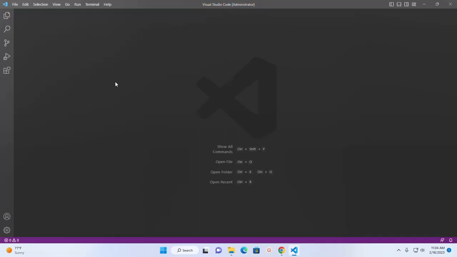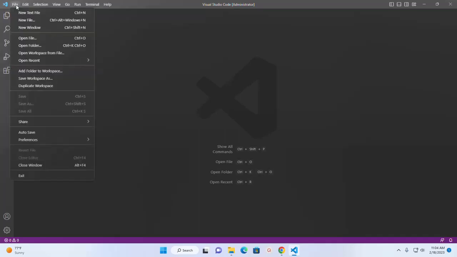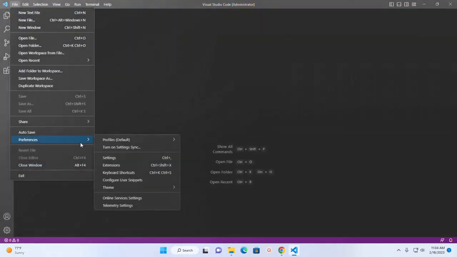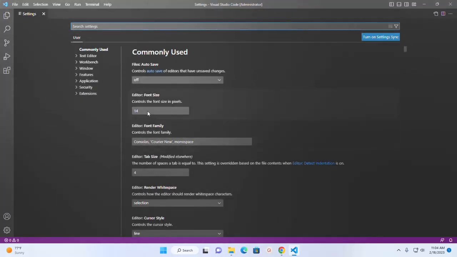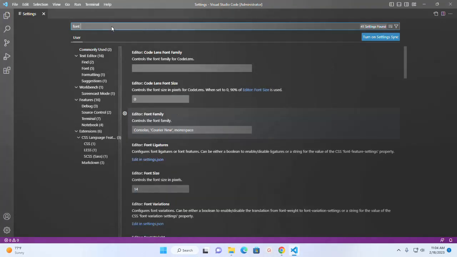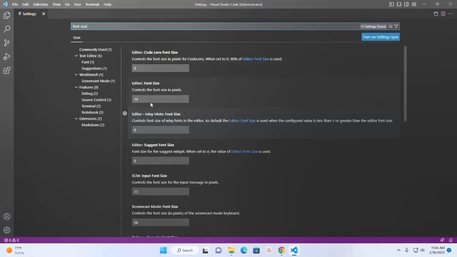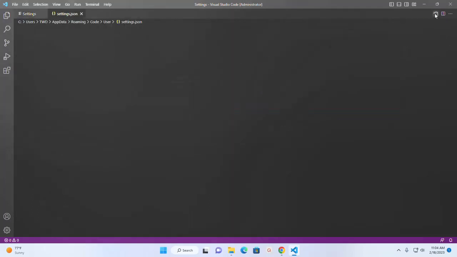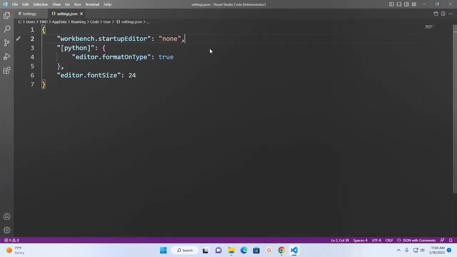Let's customize the editor font size and interface font size of Visual Studio Code. Click on File and then open Settings. Here search for font size and increase the font size in pixel, and also open settings.json file,